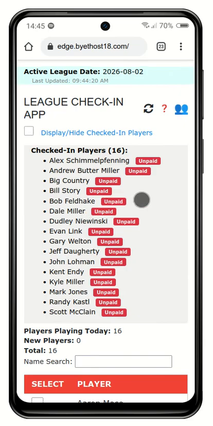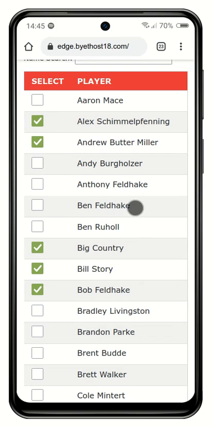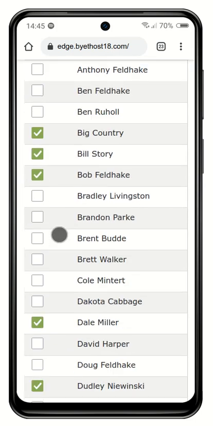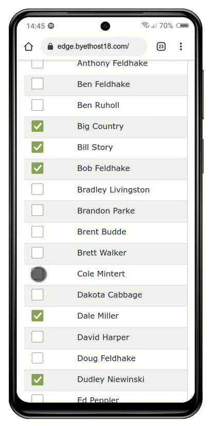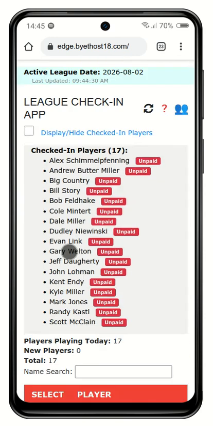So we got 16 players, and we'll get an odd number just for fun. So we'll pick up, let's see, we'll just pick up Cole. Alright, so now we've got 17 players. Now at this stage of the game,